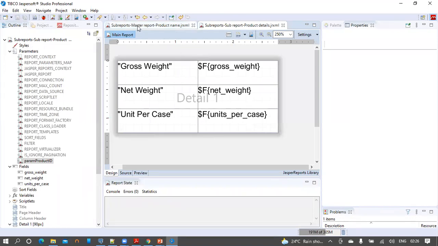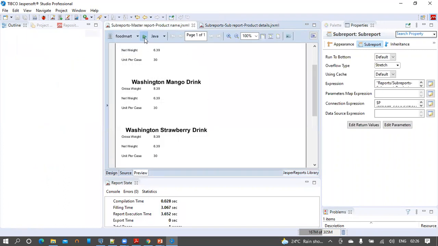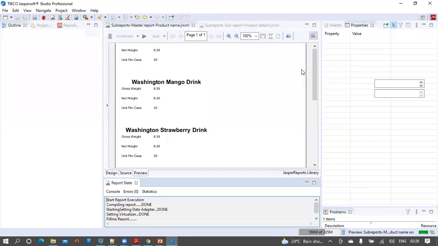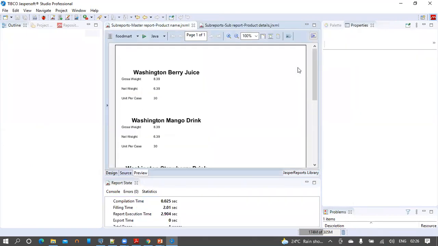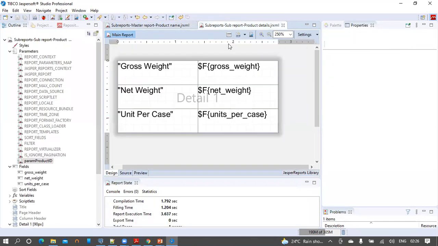Now get back to the master report and let's run it. Still we are not seeing the desired output from the sub report. This is because we have made some changes in the sub report, but we haven't compiled it. So let's compile the sub report.